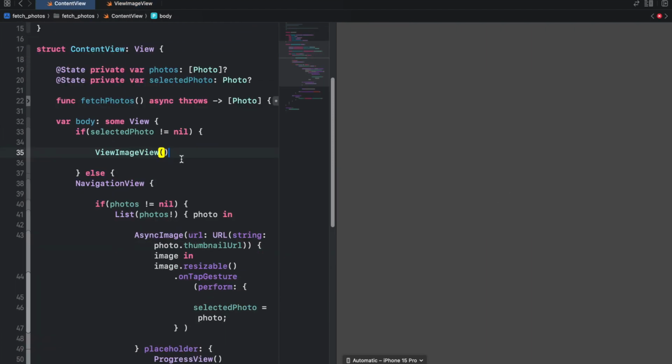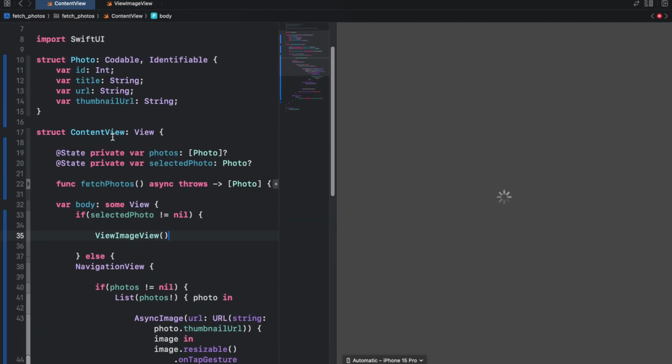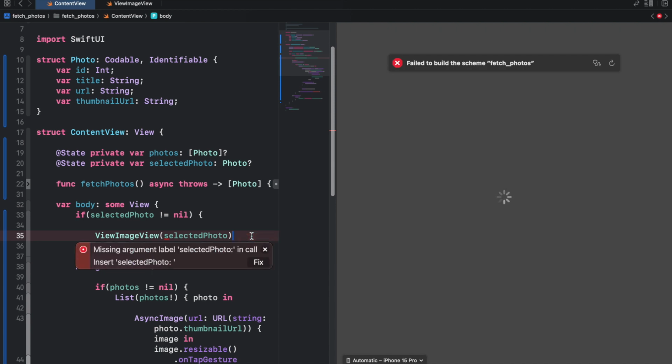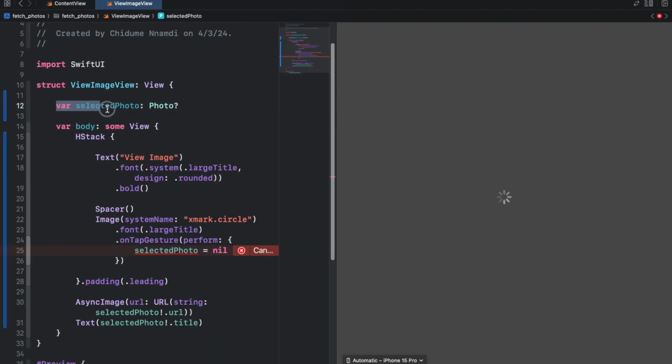Then what we are going to do next is that we are going to pass in the state selected photo inside it. Like this. So in Swift, whatever that is here outside this body automatically becomes an input you can pass to the view